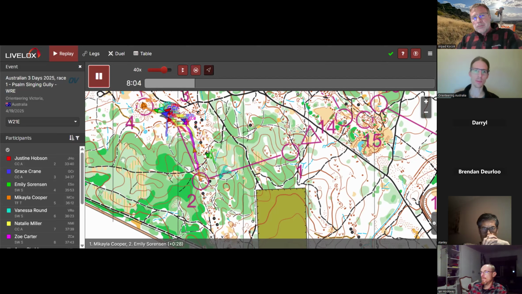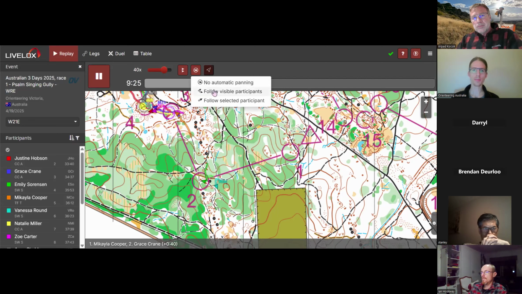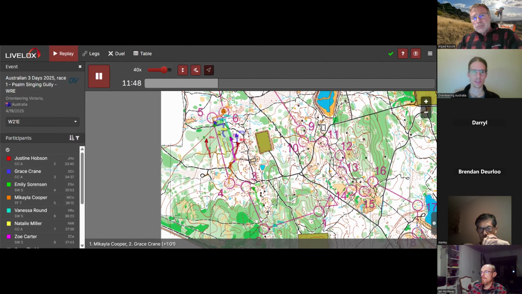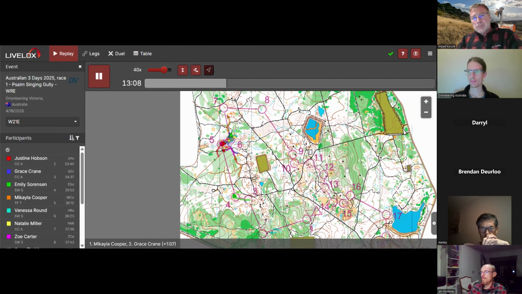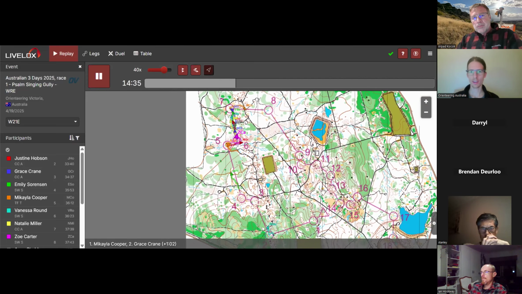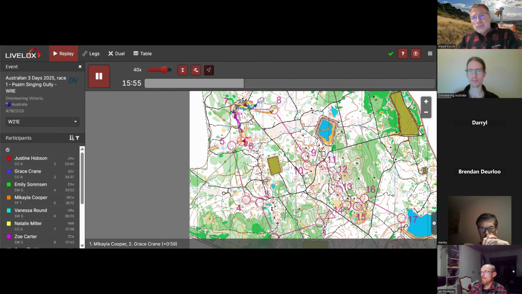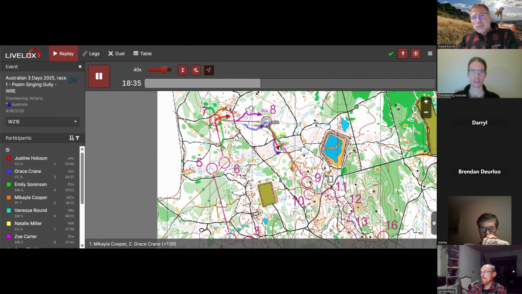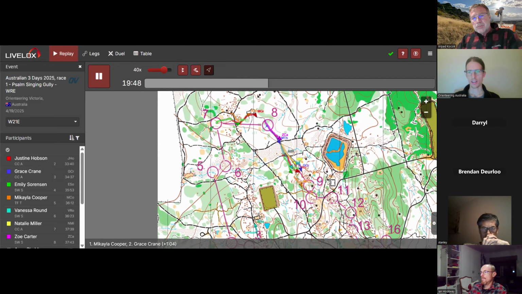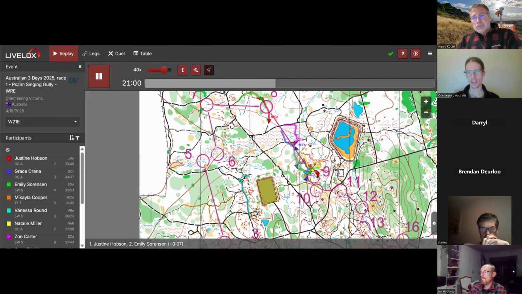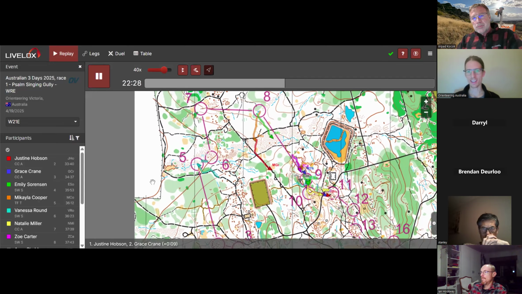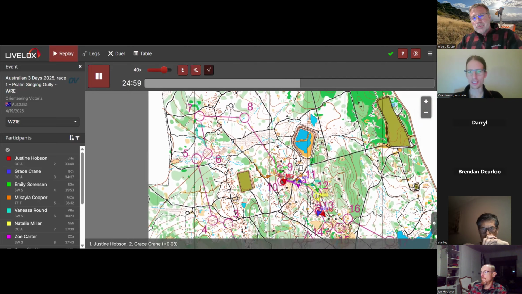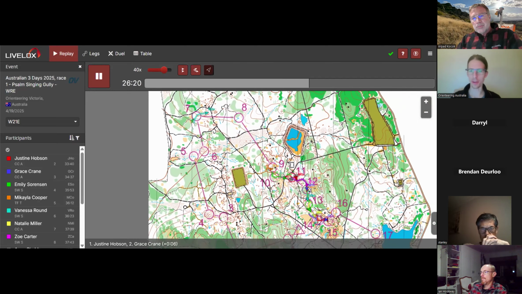Michaela is in the lead at the moment in the orange. You can see the controls that seem to be a bit more tricky. The arrows start to squiggle around a little bit.